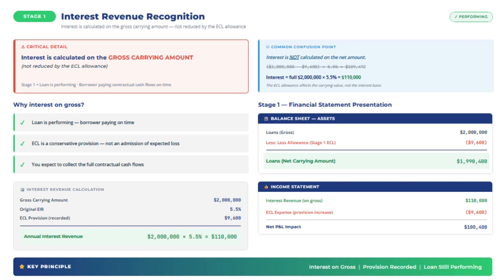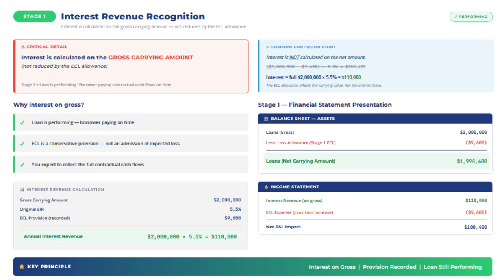So people often ask, isn't the interest calculated on the net amount? The answer is no. The ECL allowance affects the carrying value on the balance sheet, but not the interest revenue calculation in stage 1. So on the balance sheet, you will show the loans at gross of 2 million, less allowance of 9,600, giving a net carrying amount of